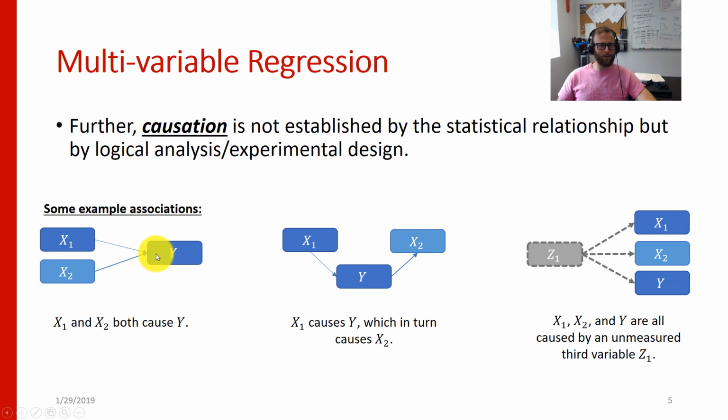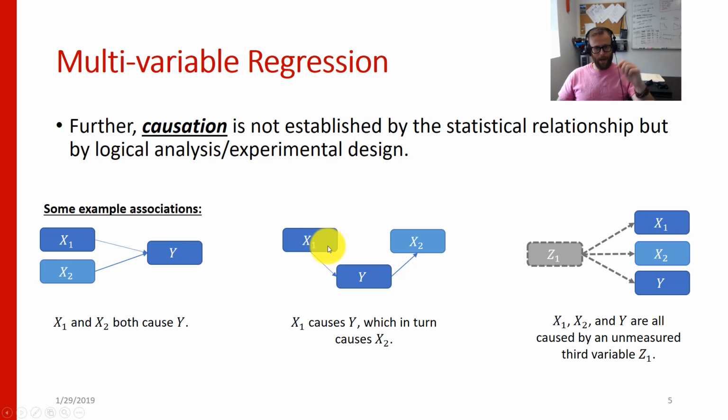They both increase your risk, right? And so as this goes up, y goes up, and as this goes up, y is also going to go up. So this would be a multi-causal situation in which both of these things are associated. However, I could also have a situation in which both x's are associated with y, where it's not multi-causal in